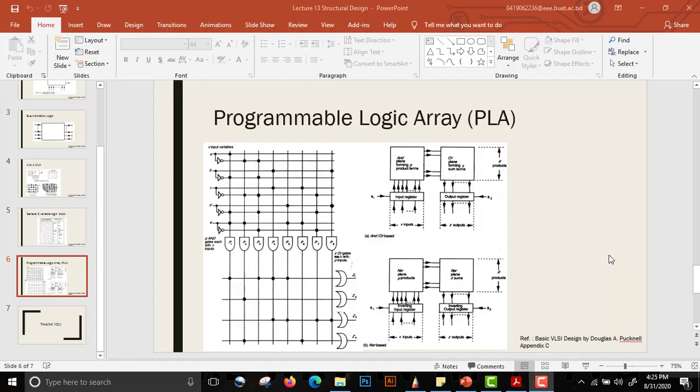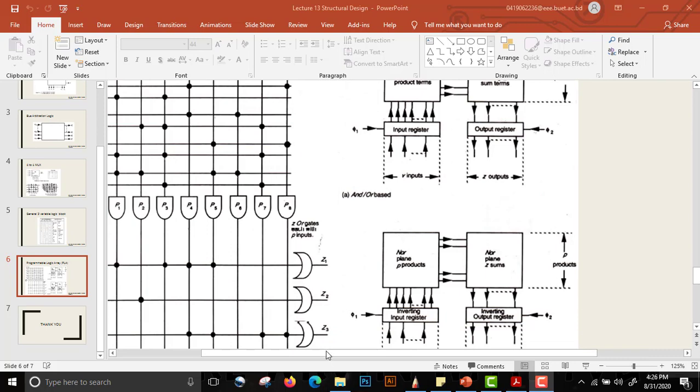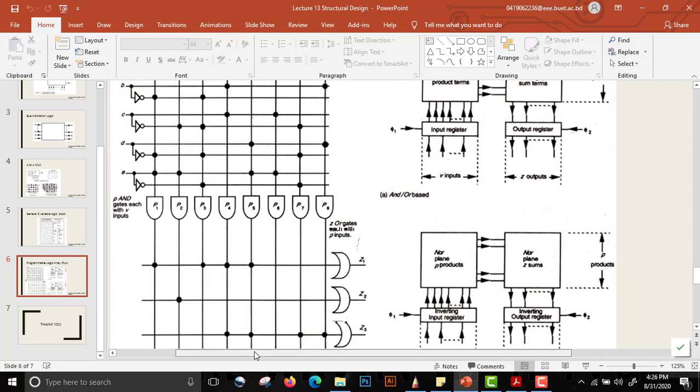In the last part of structural design, we'll be learning about programmable logic array. Now we know that we have three fundamental gates, which are AND gate, OR gate, and NOT gate. Using AND gate, OR gate, and NOT gate, we can actually design any logic function as we want. So this principle is being used in programmable logic array. For example, if I zoom in here a little bit,